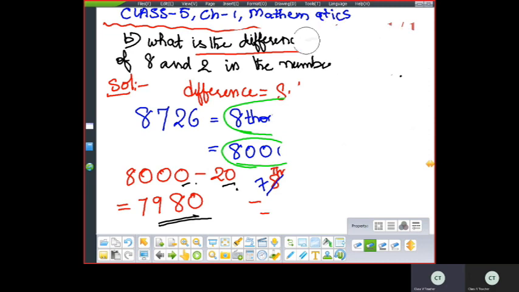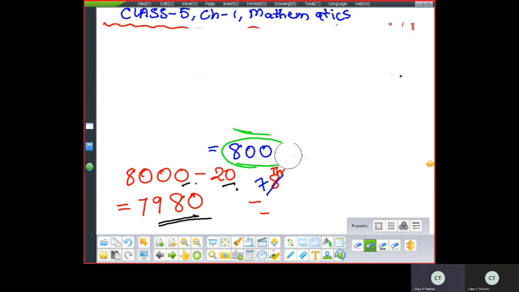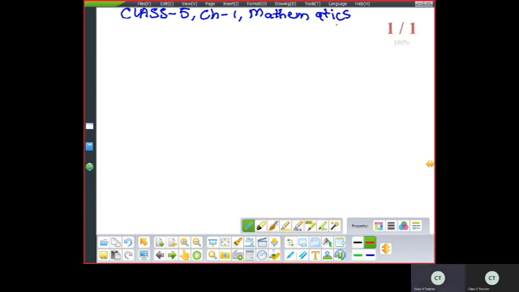Okay. So now one more question I'll give you as your homework. You'll do it. Okay. I'll just explain you the conditions. You can do the homework simultaneously. Don't worry. I'll give the answers in your My Class Campus app, children. You can recheck your answers there. So how much you practice, that much you will get the mathematics. Mathematics is meant to practice daily, so that you should be very quick in the calculations, mainly the addition and subtraction part.